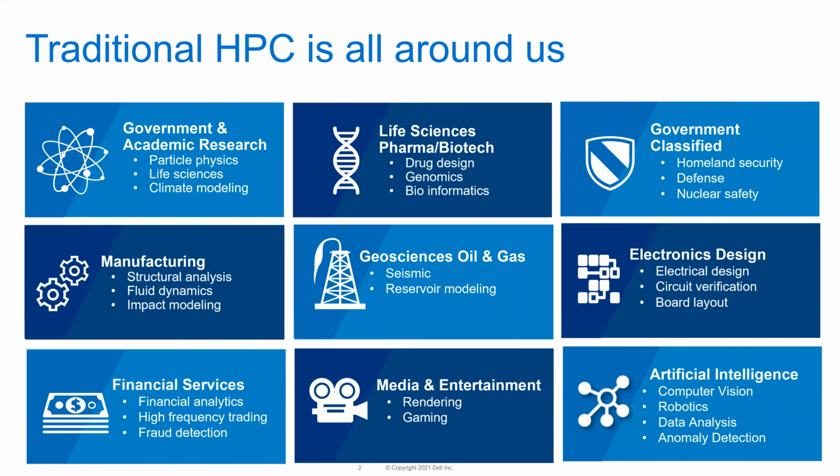So first, let's talk about traditional HPC. It's all around us. In fact, if you look at manufacturing as an example, computer-aided engineering or CAE applies to simulation and modeling tools used in mechanical engineering, such as in automotive and aerospace industries, as well as consumer packaged goods, petroleum companies, etc. And then there's the electronic design automation or EDA, where simulation and modeling tools are used by semiconductor chip design